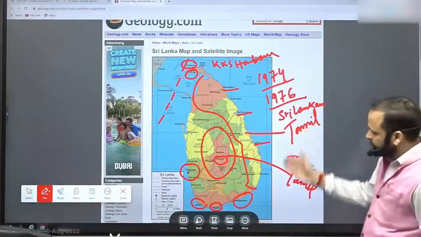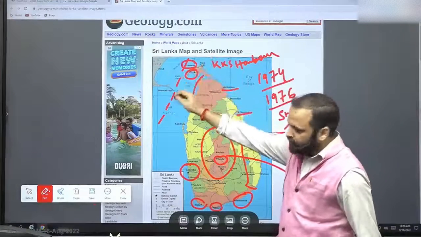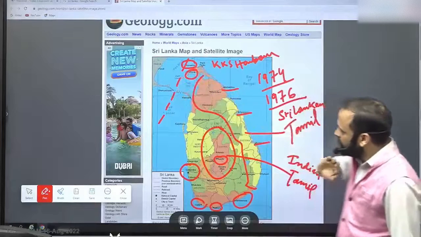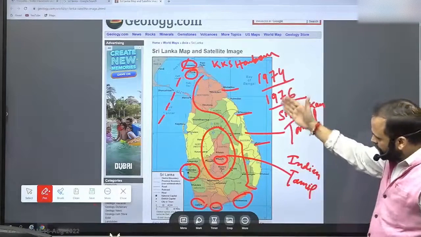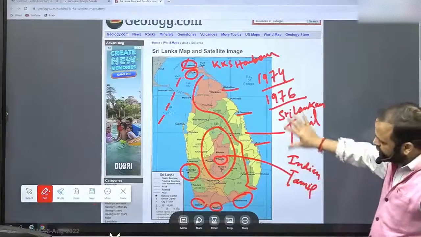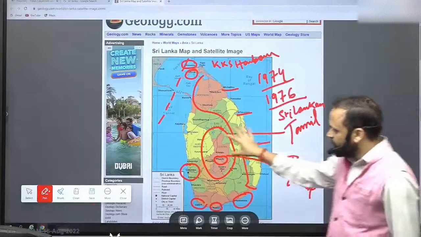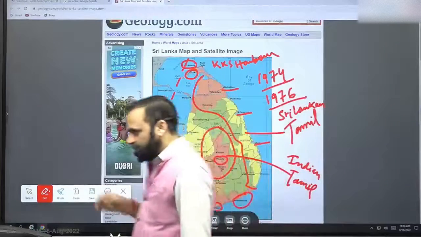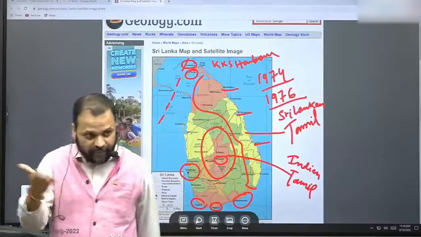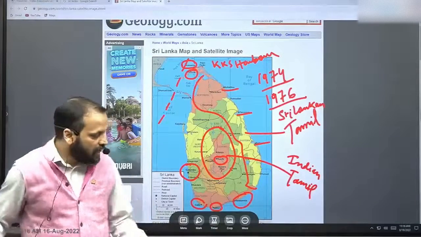Northern and eastern parts of Sri Lanka are important because, A, they are close to India, with locations like Jaffna or Kankesanthurai. B, because this is where you have the major ethnic divide. The Sri Lankan Tamil community resides here. And then you have another Tamil community which lives in the central highlands of Sri Lanka, basically brought by the Britishers to work in plantation agriculture.